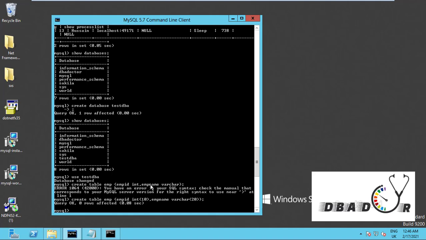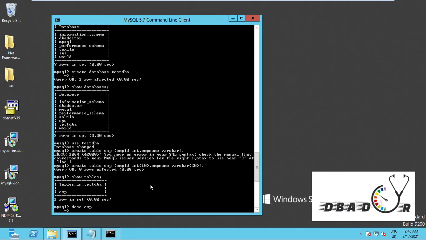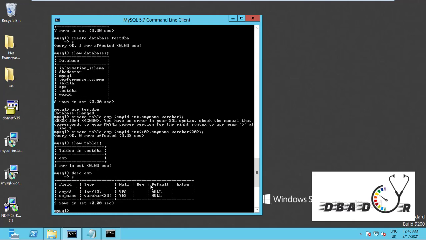So to see the table we have to verify again. Show tables. Now the emp table is created. To get the emp table structure, you can use describe like this. In the emp table the fields are emp id and emp name, and the types are int 10 and varchar 20.